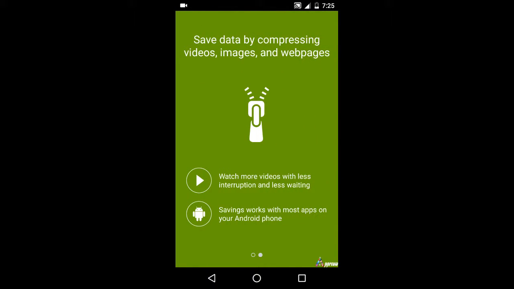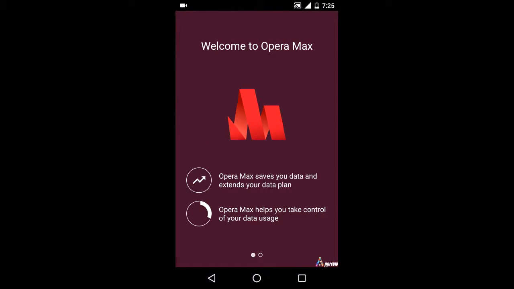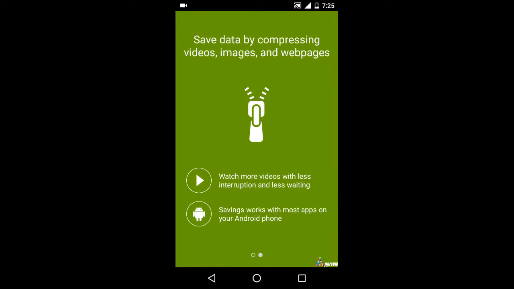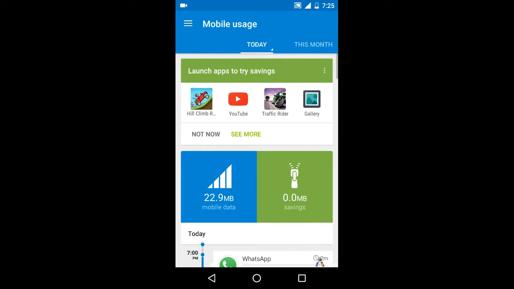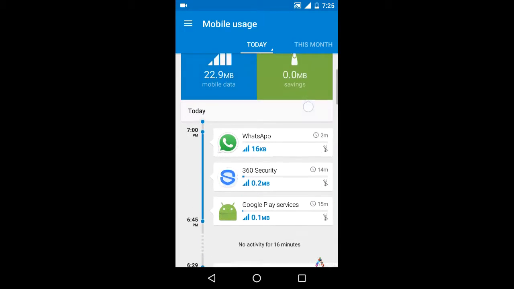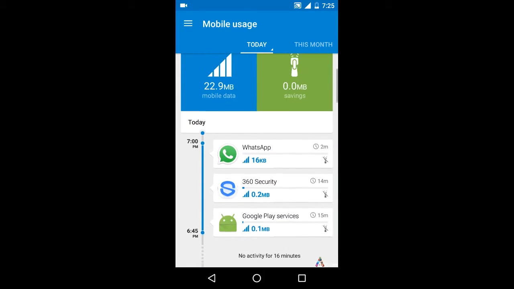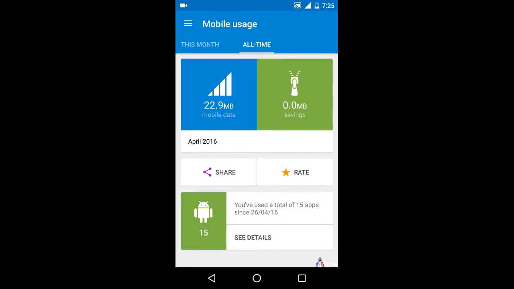Opera Max Data Saving is designed to carry out two functions to save data usage: manage the data usage by various apps, and compress the data and deliver it through the Opera Max Cloud Server. On the homepage, details of the data saved by Opera Max are displayed. Details displayed include data used and data saving. Statistics can be viewed for a day, a month, or the app lifetime.